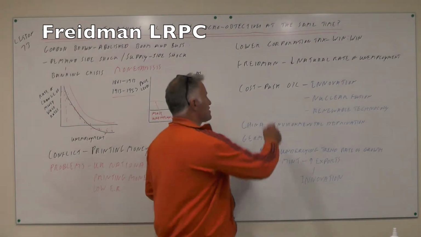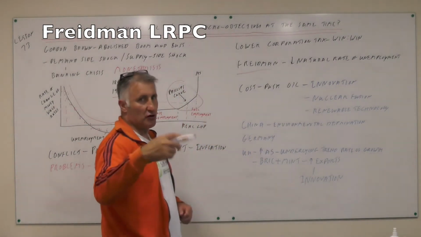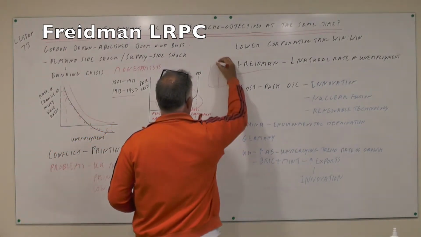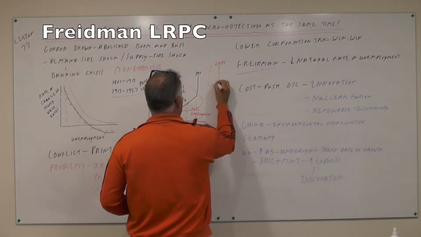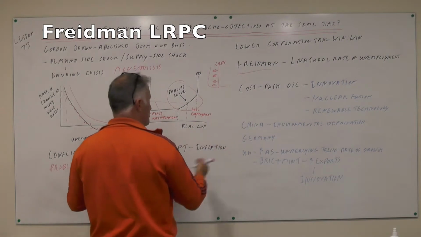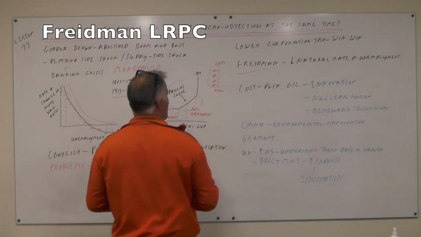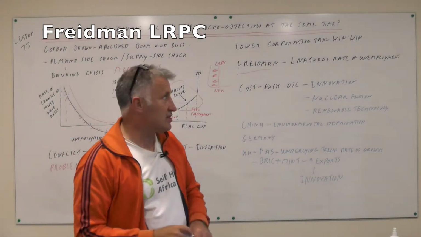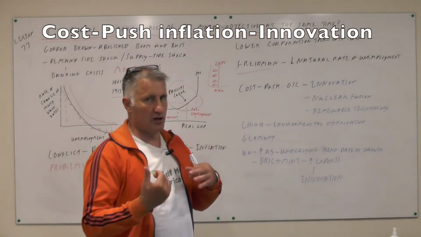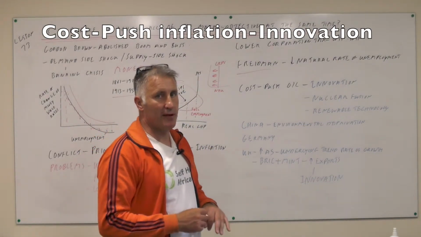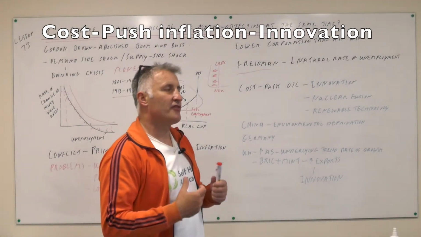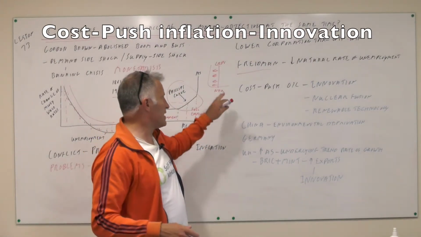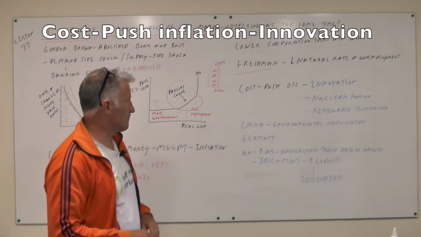Friedman, who is a monetarist, talks about the natural rate of unemployment, which I do later on in the A2 course, and he said that the Phillips curve is now vertical. And what you have to do is you try and move it inwards. This is the natural rate of unemployment, and if you can do that, then you can reduce unemployment. Broadly, what he is saying is, if you have really good training, the workers have high productivity, very low welfare payments, lots of opportunity for work, then the rate of unemployment will fall and it will not create inflation. That's the broad basis of his theory, but we'll cover that later on in the course.